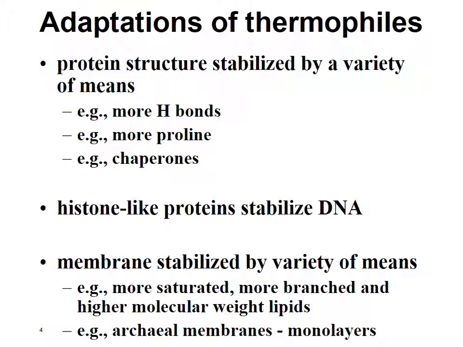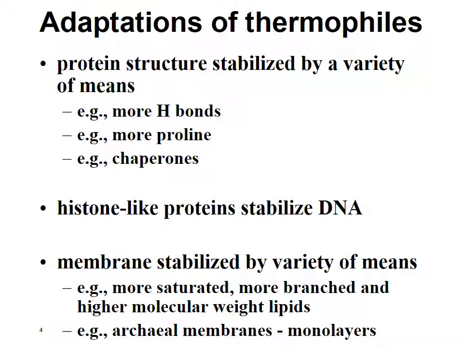Heat-stable proteins have more highly organised hydrophobic interiors, they have more hydrogen bonds, and also other non-covalent bonds strengthen the structure of the protein. Larger quantities of amino acids, such as proline, also make the polypeptide chain less flexible and thereby strengthening it. In addition, the proteins are stabilised and aided in folding by special proteins called chaperone proteins. There's also some evidence that in thermophilic bacteria, the DNA is stabilised by special histone-like proteins.